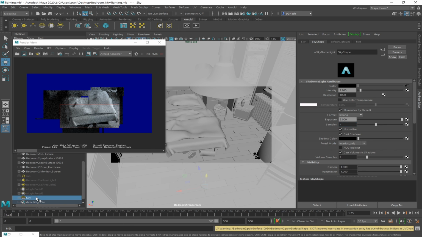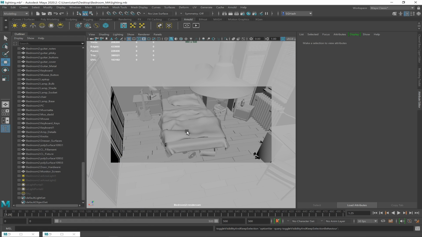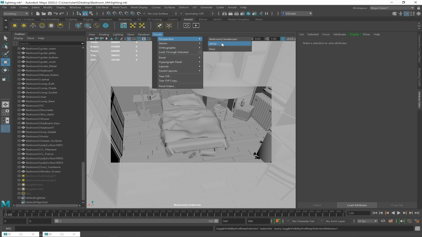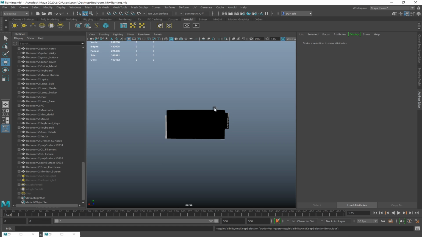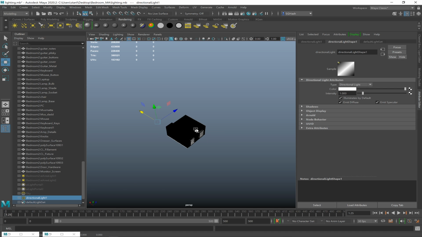And hey, I'm going to turn off my sky. And instead, I'll make a new sun. I'll even delete this guy. I'm going to move on to my key light. This is the only light, I think, that is not in your Arnold shelf. It's in your rendering shelf. The only light in this exercise you want to use that's not